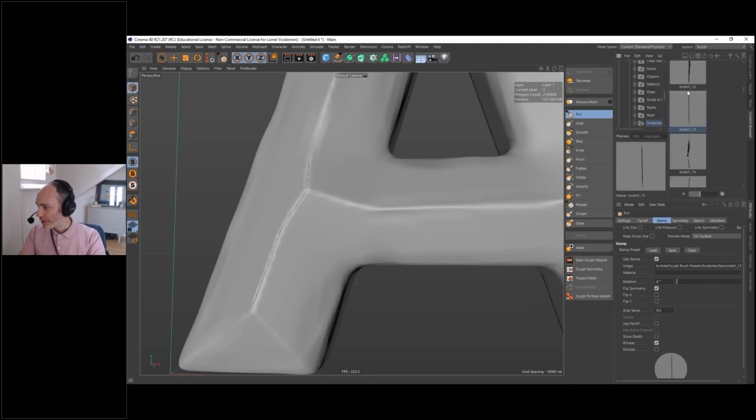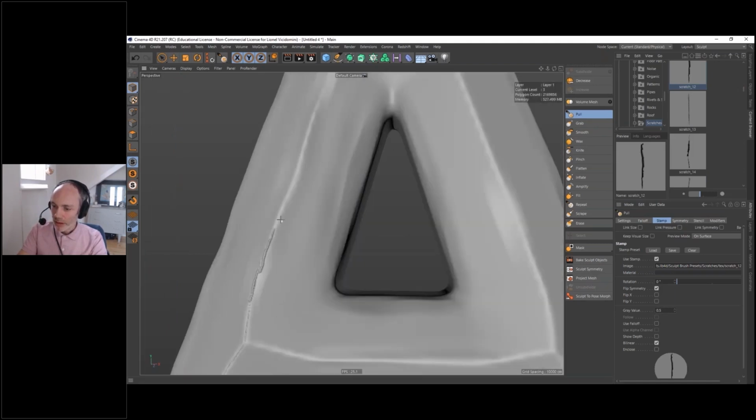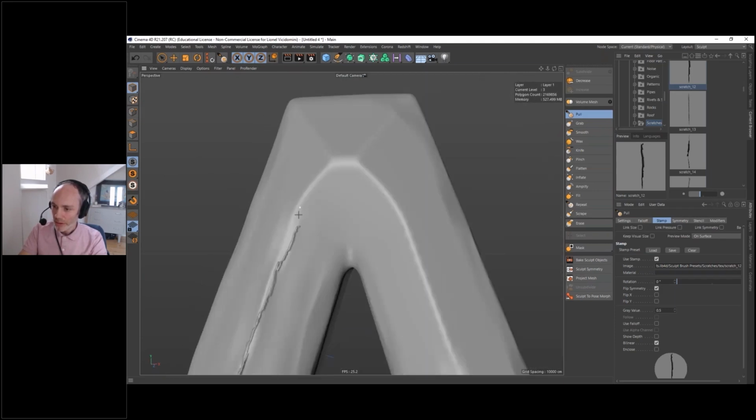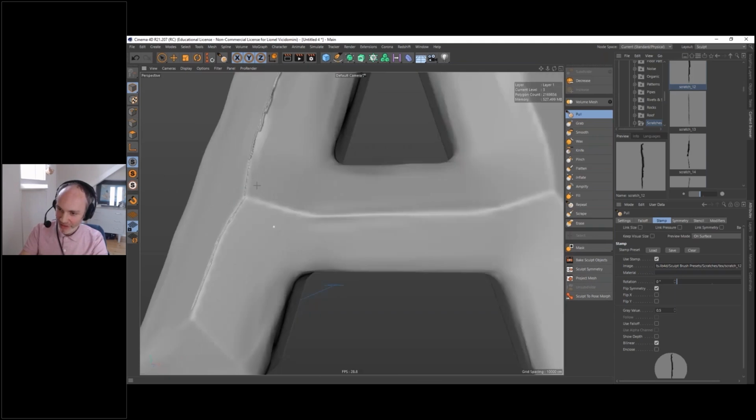Just try another one like Scratch 12, 0.5. And I'm creating the scratches. I'm butchering this, but you get the idea.